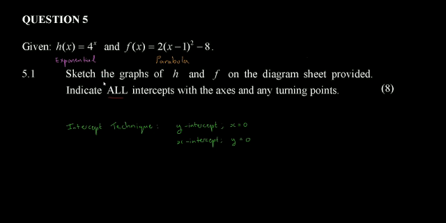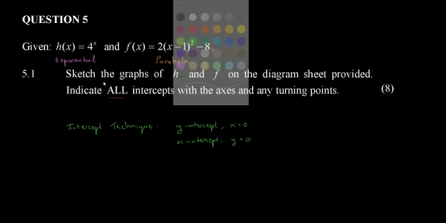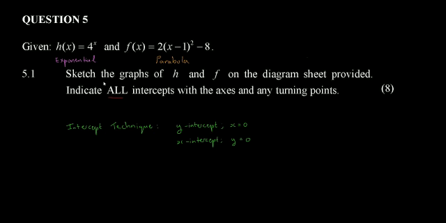When dealing with question 5.1, we are required to sketch the graphs of the functions h and f and indicate all relevant information such as the intercepts, turning points, asymptotes, and such relevant information. So prior to answering all the detail, we first ought to identify the class and type of functions that we're